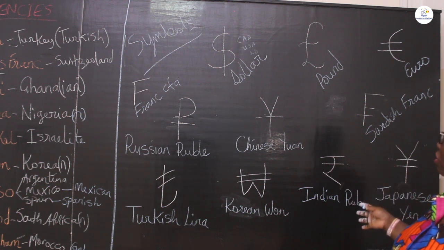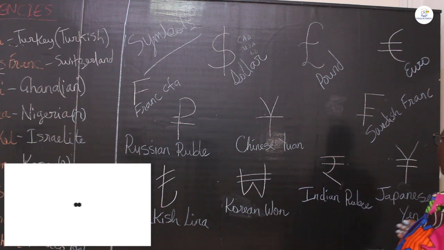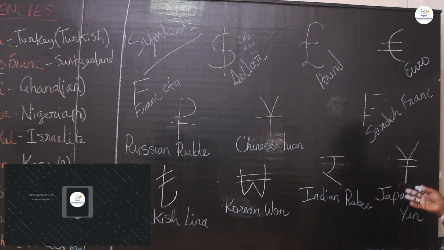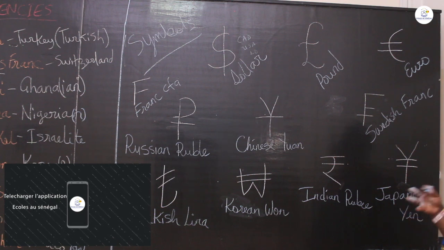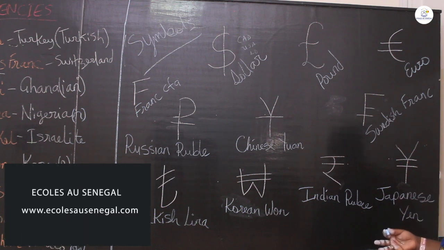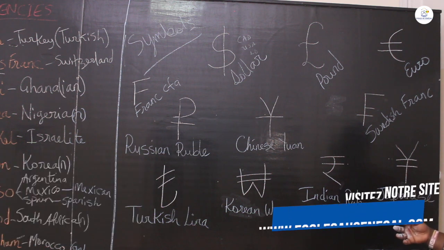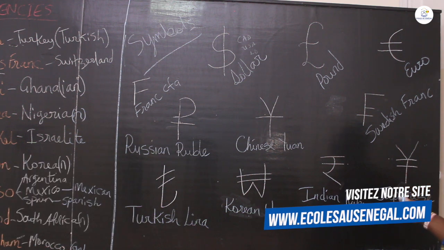And so these are some of the symbols that you need to know. Isn't that just simple? So that if you see it, you should be able to identify it and should be able to use them correctly. Okay, so you would know which country uses what. I hope that it helps you, and I hope that we've learned something today about the currencies and about their symbols and about countries using some of those currencies.